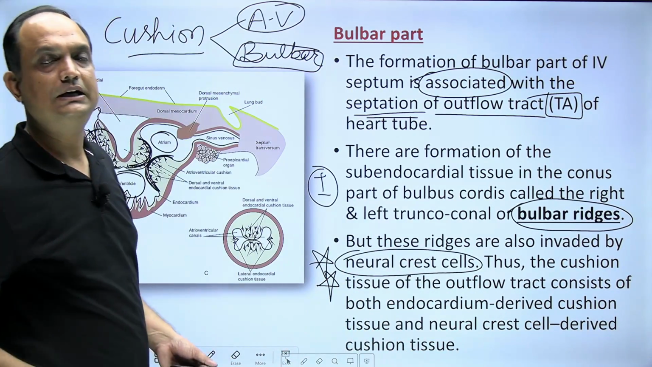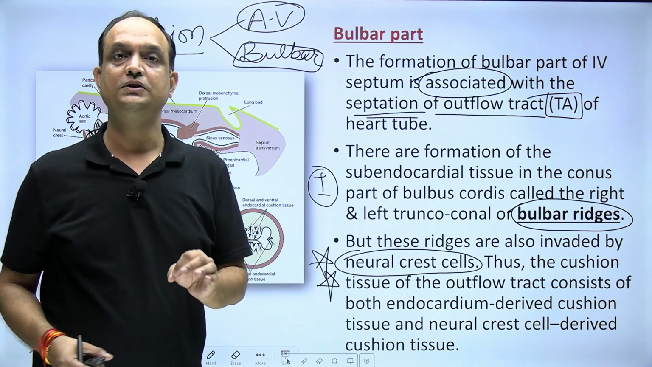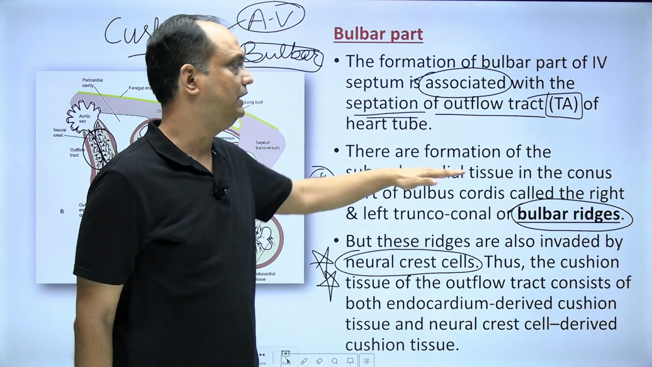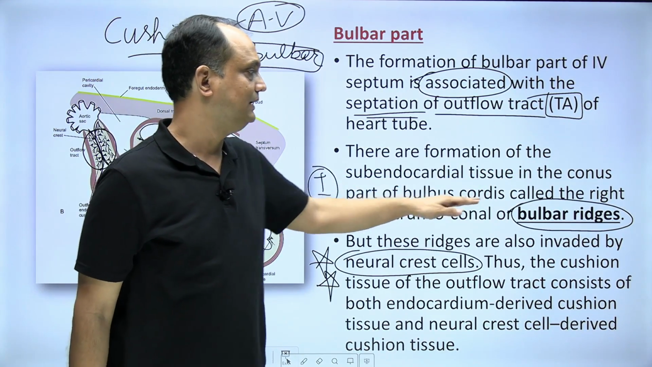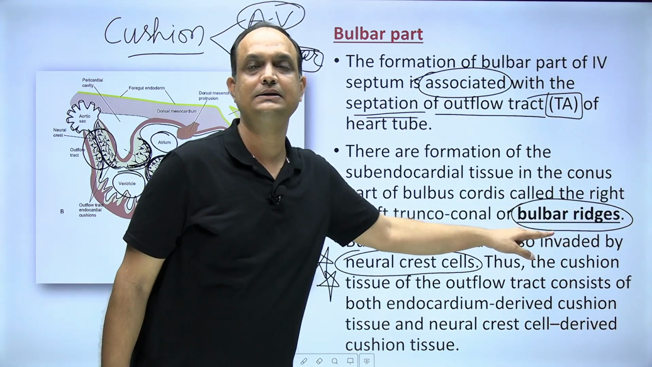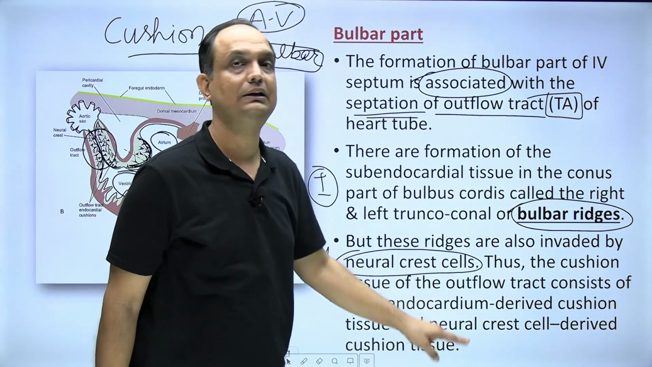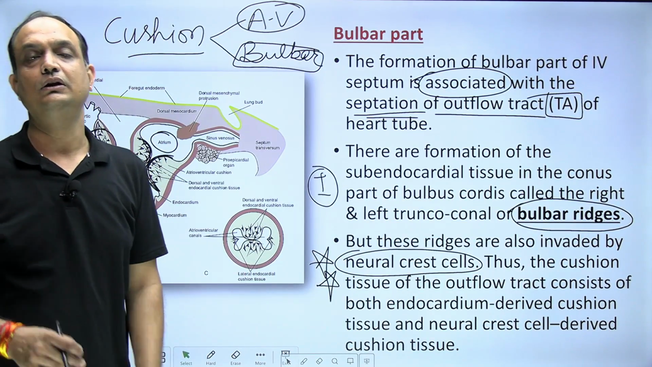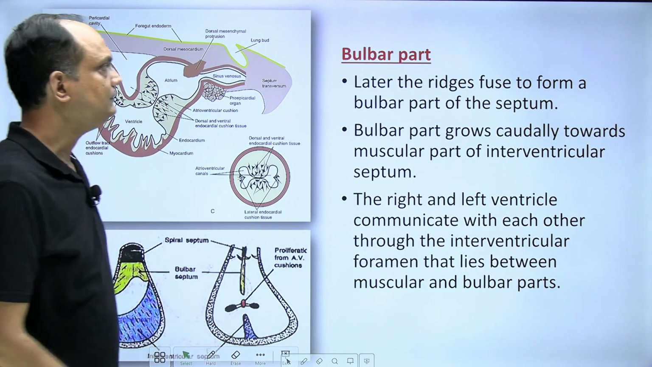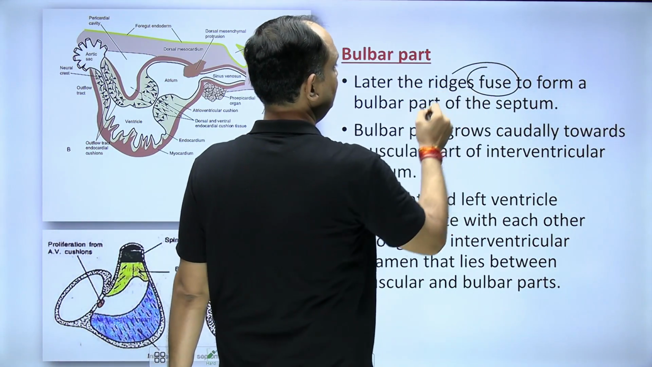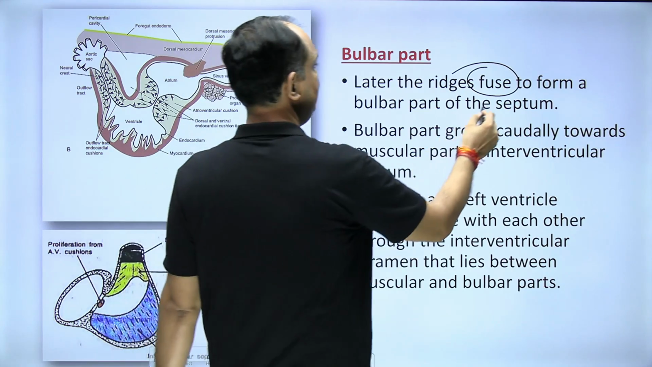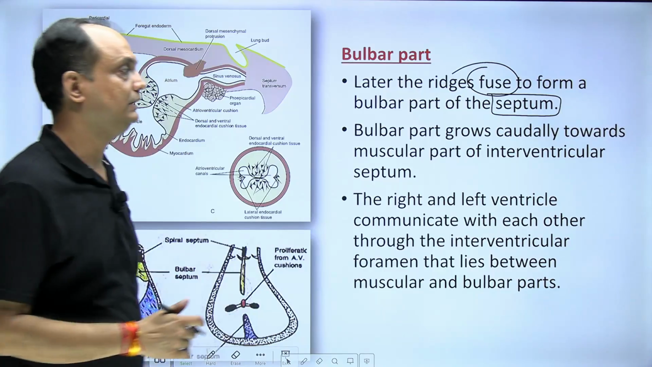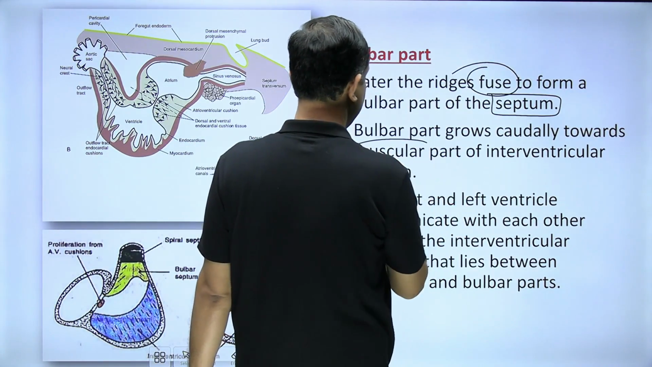Clear? So my dear students, when you are writing the bulbar part formation in the interventricular septum, the first step is the formation of subendocardial tissue in the conus area, and these are known as bulbar ridges. But these bulbar ridges also have the invasion of neural crest cells. That's why these bulbar ridges are different from the classical atrioventricular cushions. Now what will happen? Later on the bulbar ridges fuse, and by the fusion of these two bulbar ridges, there is the appearance of the septum. Now this septum grows again caudally towards your AV cushion, trying to meet the muscular part